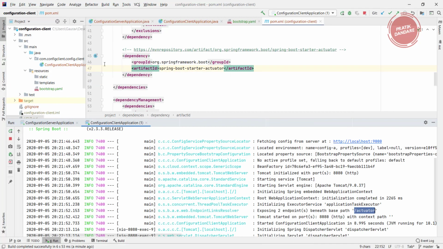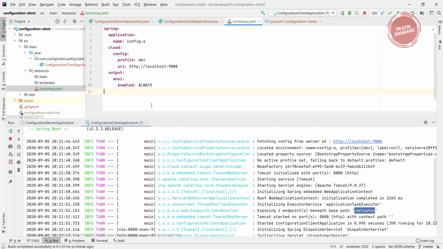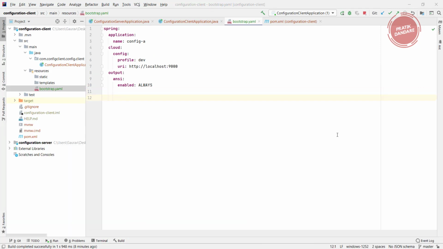Please check how it works. To expose all these endpoints, I am going to add one property here, actuator properties, to enable all the endpoints.